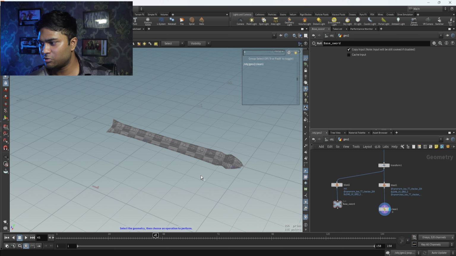I want you to set up your geometry like this, because in the next class we will see how the particles are going to work. I think you have learned something from this class. I'm going to release the next part on coming Tuesday. I'm going to post my classes regularly now, on Tuesday and Saturday, so you can follow along.